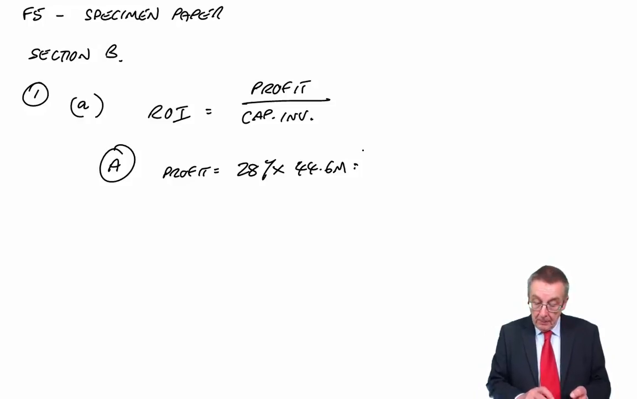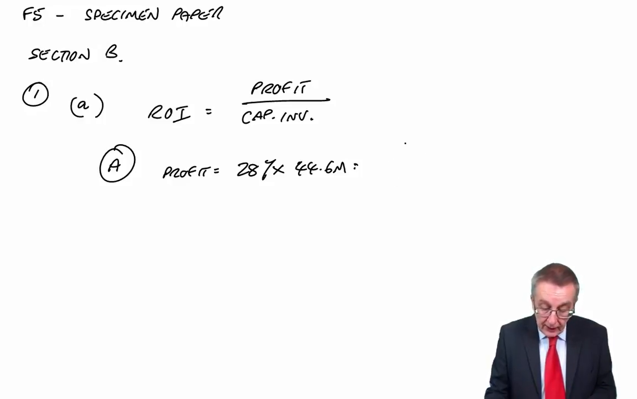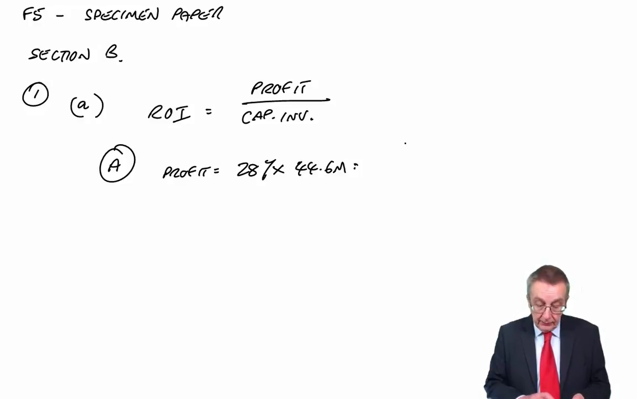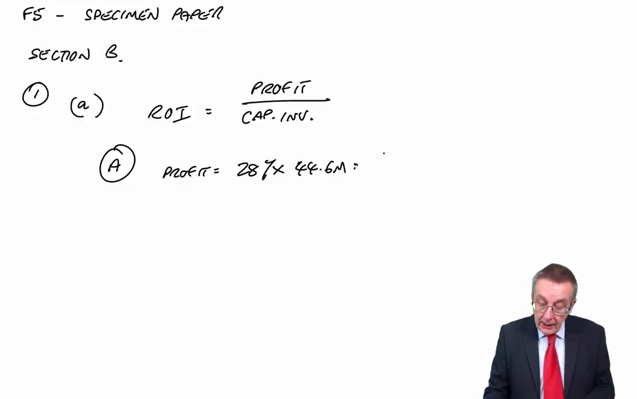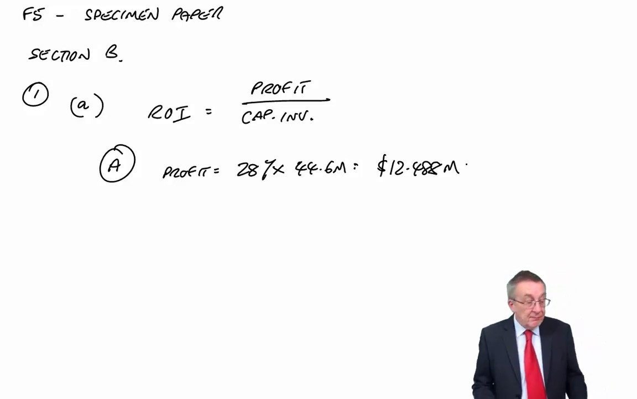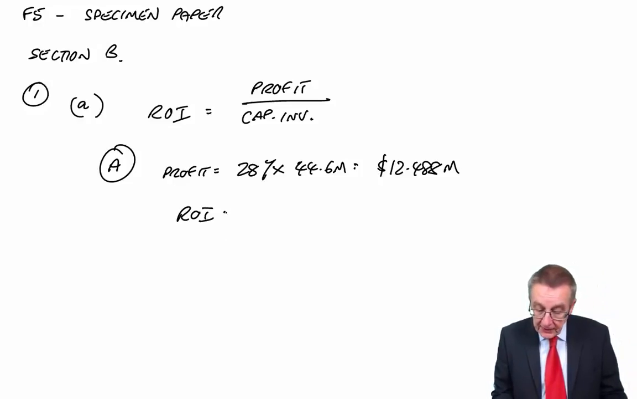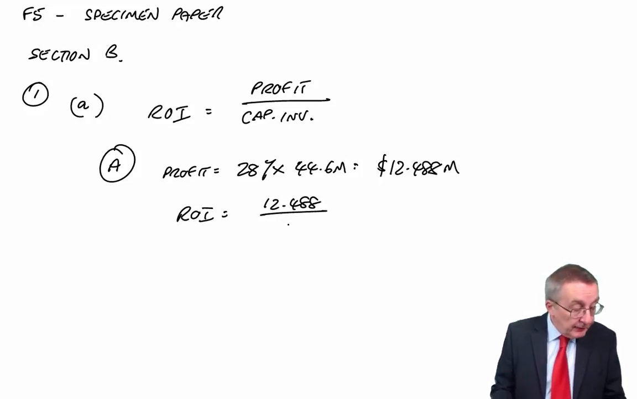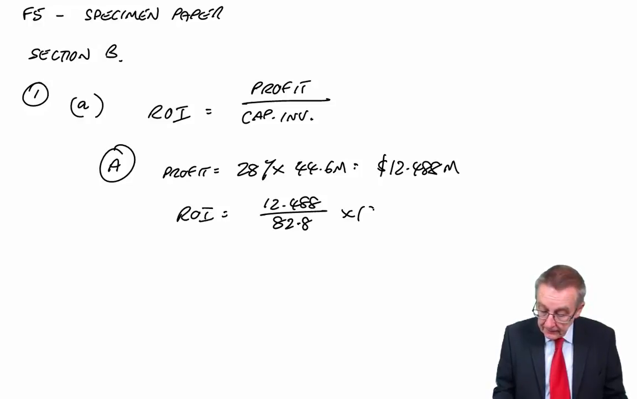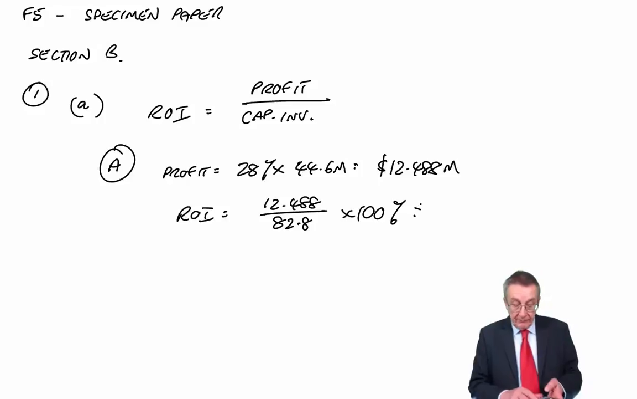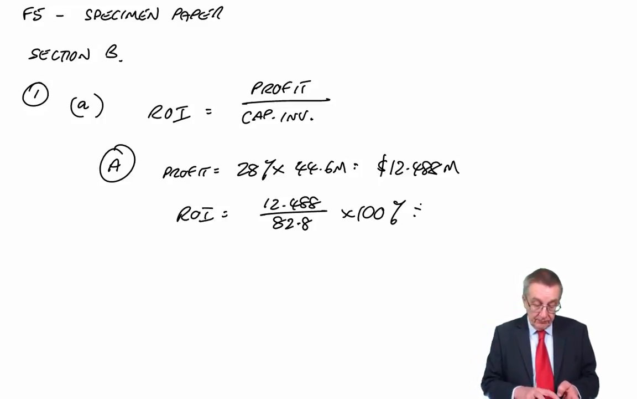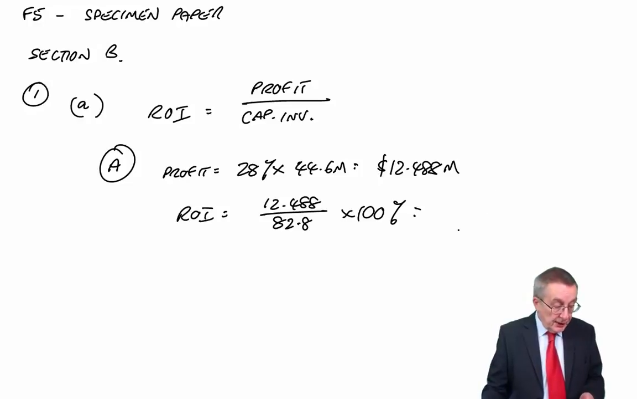28% of 44.6. The profit is 12.488 million. We know the capital required is 82.8. So the return on investment, 12.488 as a percent of 82.8, which is